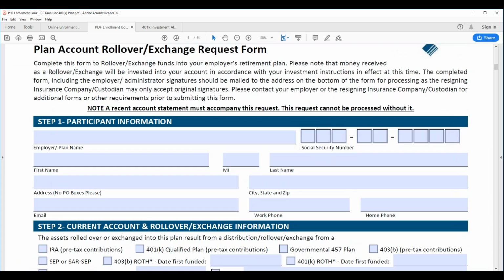Thank you. Fair enough. And then the plan account rollover is if you have an account that's out in an IRA or a 401k account that you want to consolidate or move over to the retirement plan, you're eligible to do so. But also in the outbound, if you're no longer working for the company in a couple months, a couple years, a couple decades, the monies that you've accumulated in the account or rolled into the account can go out as well. They can be transferred in, they can be transferred out. This is just a mention of the process. This will be a form on the receiving side of it. If that does apply to you,